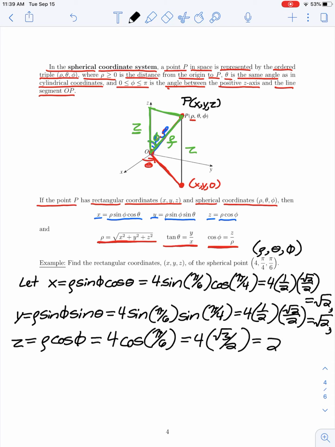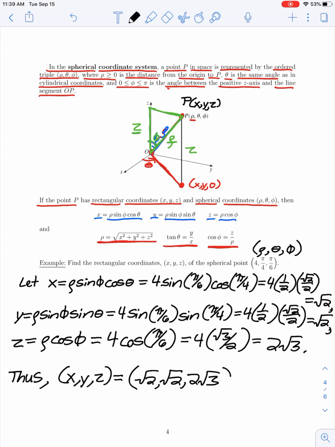So taking this product, we've got 2 root 3. So our point P could be given by the rectangular coordinates x, y, z, which is given by root 2, root 2, and 2 times root 3. Okay,